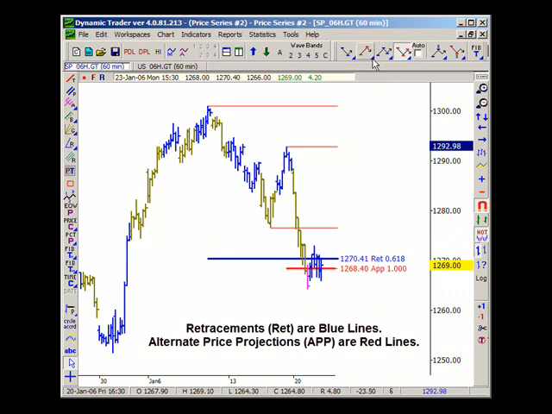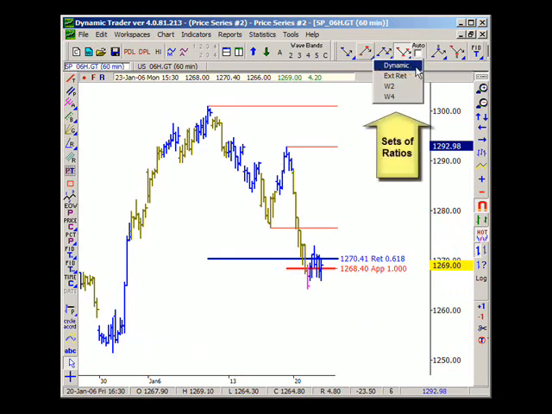You'll often see me right-click on a little tab that's near the retracement or alternate price projection icon, and it brings down a little drop-down menu. These are all different sets of ratios used in different circumstances. For this tutorial, we'll be using the dynamic retracements, which are also the internal retracements, and you learn the difference